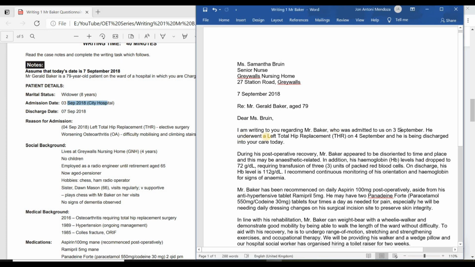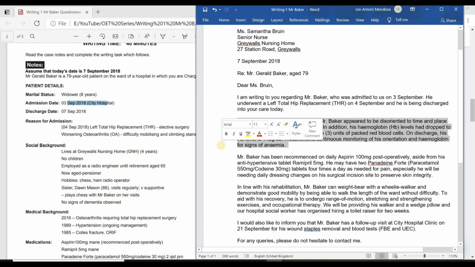Okay, and then what happened during this admission. So it's the surgery on 4th of September, and what's happening today. Why am I writing to this person? Because he's being discharged back into the nursing home. Okay,